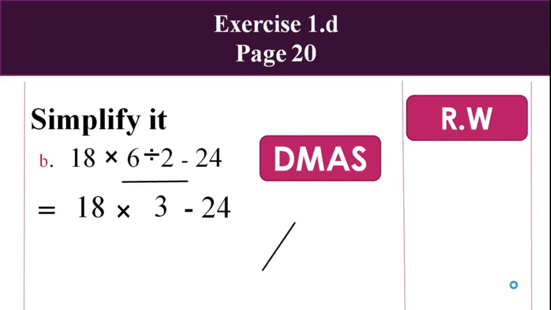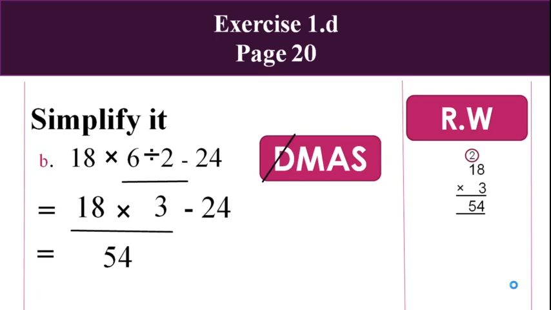Now I am done with the division. I have to find out what I have to do next. Next is multiplication. Here is the sign of multiplication between two numbers, 18 and 3. Let's multiply 18 and 3 to get our answer over here. 18 multiplied by 3. 3 eights are 24. 4 will be here, 2 will be carried. 3 ones are 3, plus 2 is 5. So we will write 54 under the multiplication sign. Why? Because we have solved this operation.